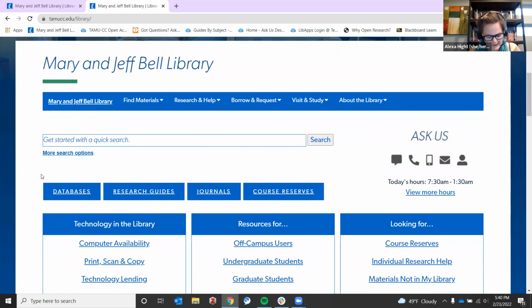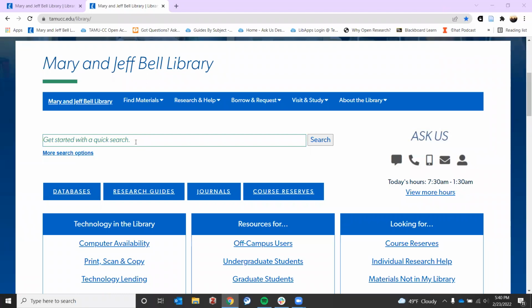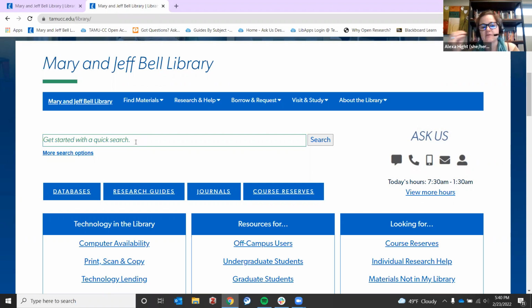So we also have databases, which again, if you're searching in the library's quick search, this is searching everything that the library has access to, as well as things that we might not have full text access to. So we might not have that PDF copy that you need, but it will have everything but the PDF.